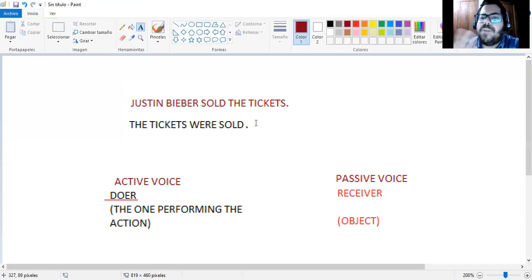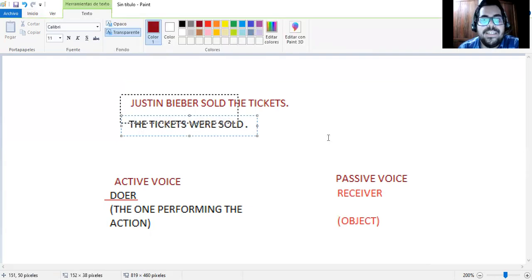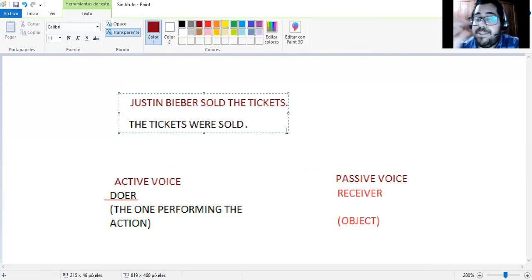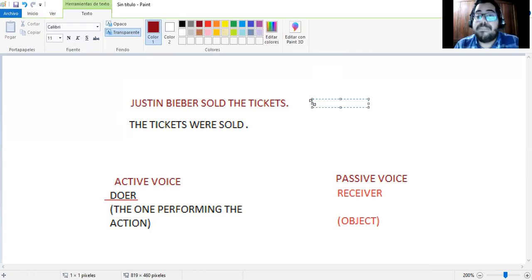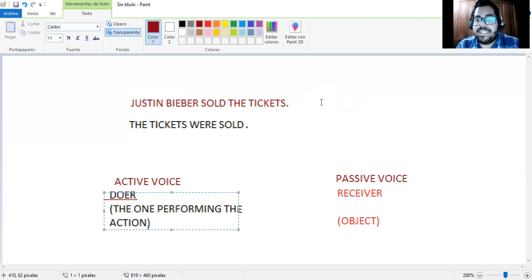Teacher, but why was it so difficult to go from passive voice to active? Estuvo complicado, ¿verdad? Pasarlo de pasiva a voz activa. Es más sencillo de activa a voz pasiva, guys, ¿ok? Eso es lo que quiero dar a entender. Teacher, pero ahora sí está fácil, porque ahora sí se puede dar la vuelta. Yes, guys, because we have a subject, we have a performer, we now have a doer. That's why it is easier.